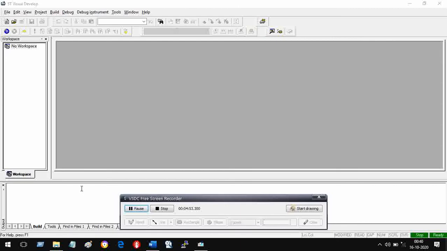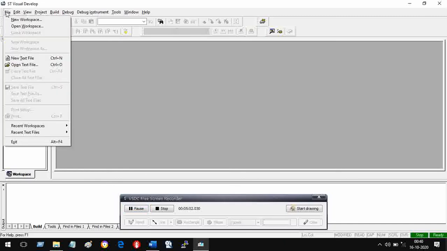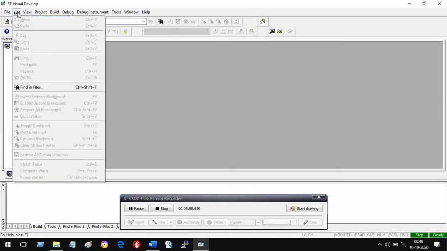So this is how you have arrived at STVD. Here you will see File, and what is there in File: you can have a new workspace or an existing workspace, etc. Then Edit.